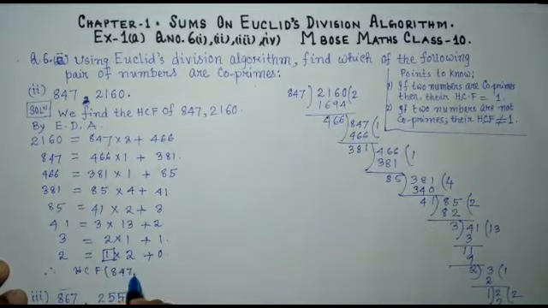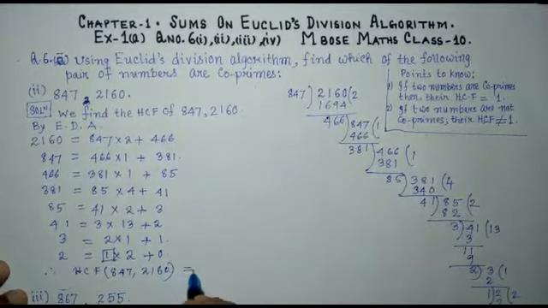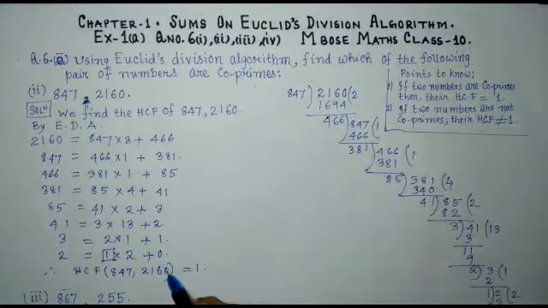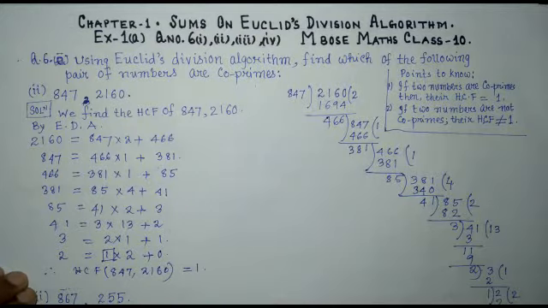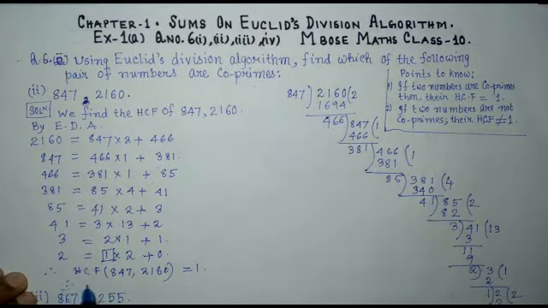847 and 2160 is equal to what? 1. So if the HCF of two numbers is 1, the two numbers are co-prime. So we have to write the last line, therefore number